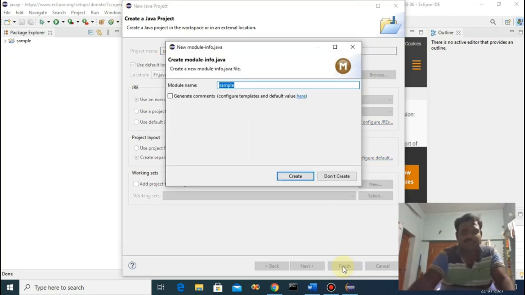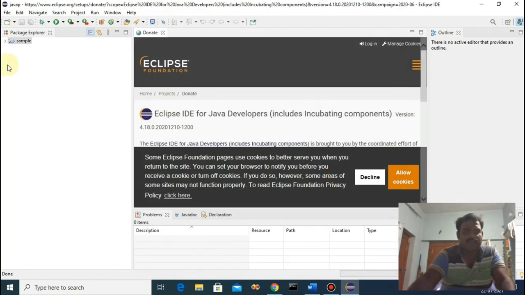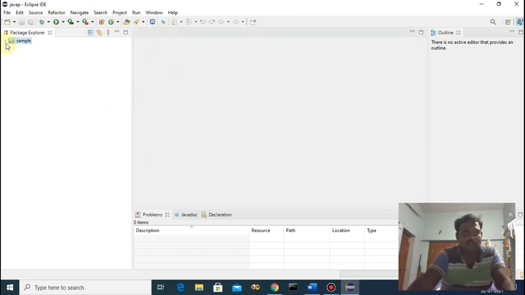Don't create any of these other things, they are not required. If you see the package explorer, one folder is created, and that is sample. You just click on close for the welcome page. If you click on this folder, again two folders are there, one JRE System Library and src. If you are getting like this, then only it will execute our programs.